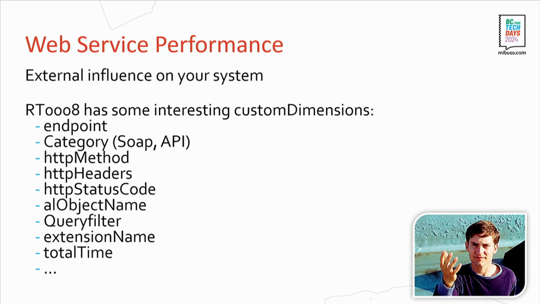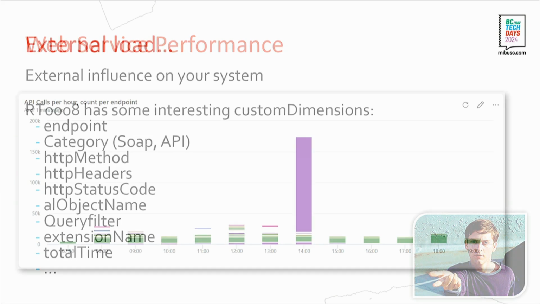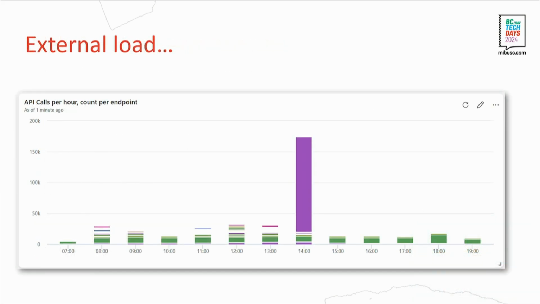In any case, endpoint is interesting, and obviously a lot more. Query filter I find particularly interesting, especially for performance problems. Then you get maybe something like this. This is what I noticed yesterday evening, like, whoops, something happened. So the amount of API calls that we had at a certain point at 2 o'clock,